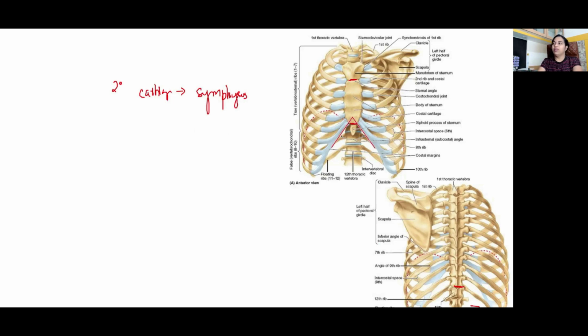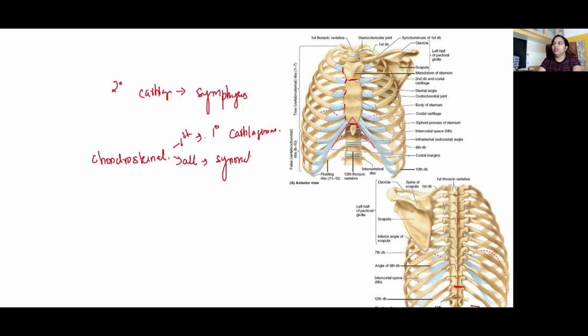Manubriosternal, xiphisternal, and intervertebral joints. Okay. Now coming to the joint between the cartilage, right? The costal cartilage and the sternum. You know, there are 7 ribs articulating with the sternum. These joints are called chondrosternal. Of the 7 chondrosternal joints, the first one, okay, it is an example of primary cartilaginous joint. Okay, and all the others, they are synovial joint.